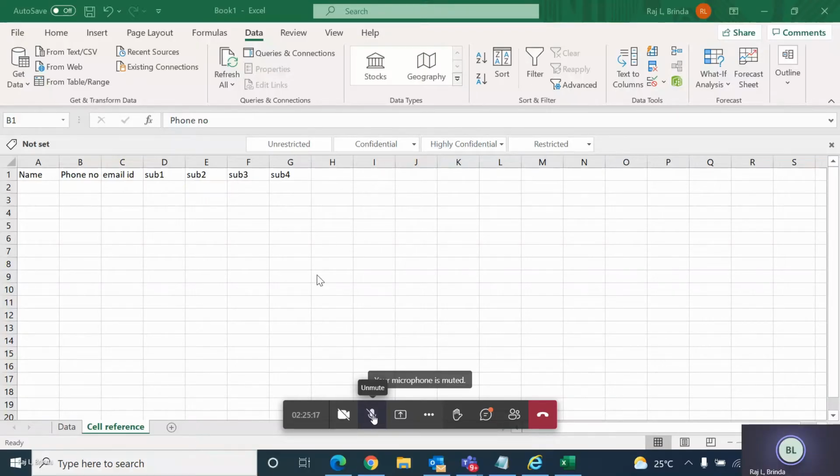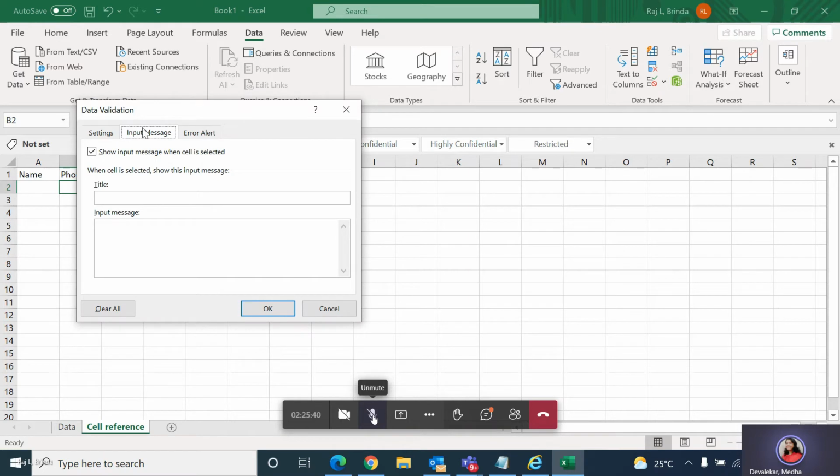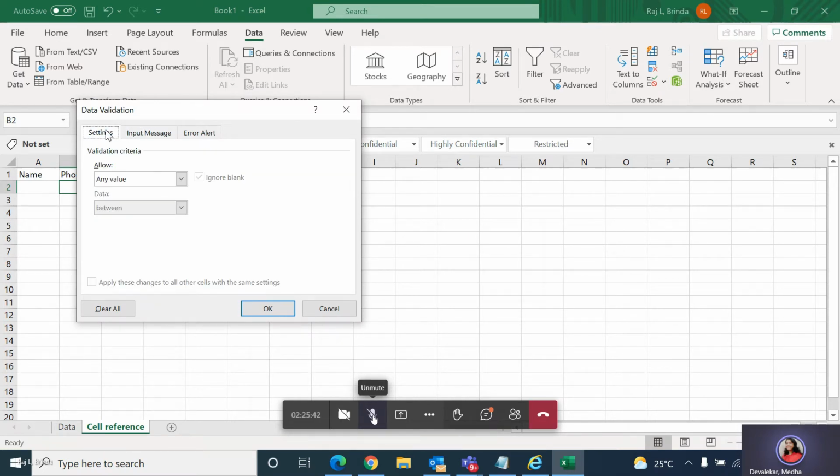Ma'am, can you see my screen? Yeah, I'm able to see it. Just select B2. Select only one cell, B2. Now go to Data and select Data Validation. Go to Settings first.